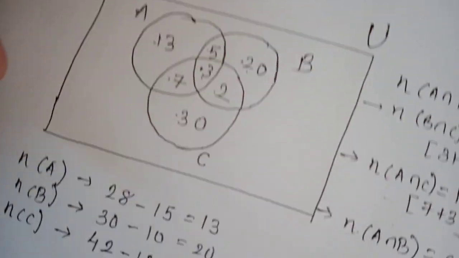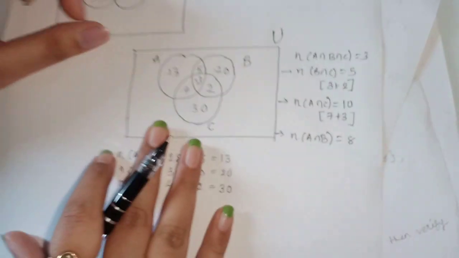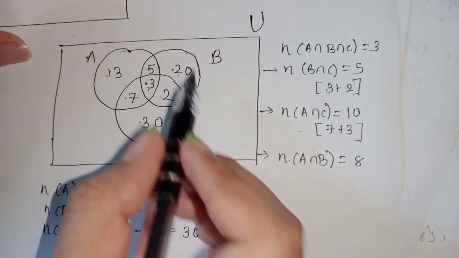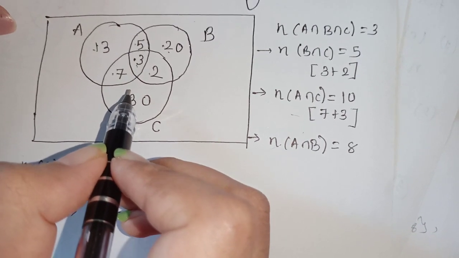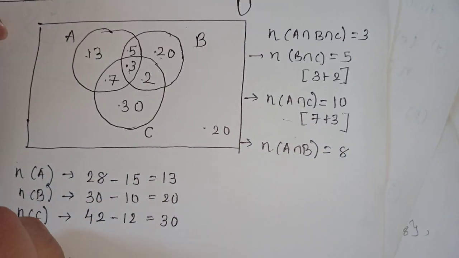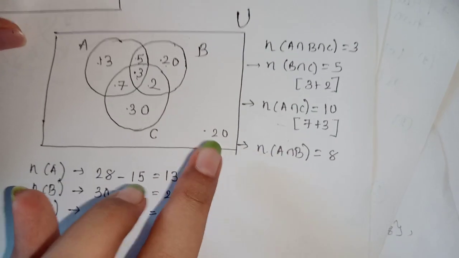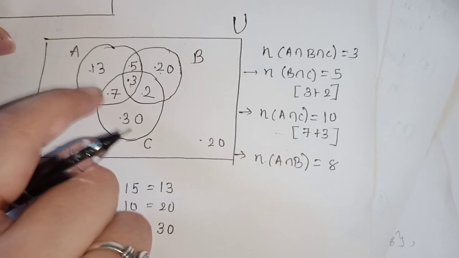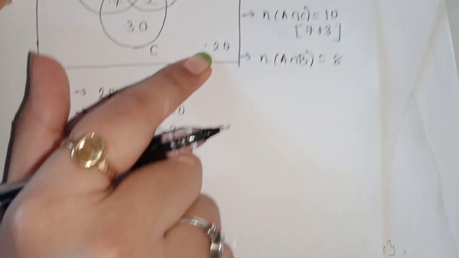Now it is given that we have a survey of 100 people. Okay, so if you add all these numbers, that will be 80. Okay, so how many remaining? 20. This is my universal set. 20 numbers are remaining, so I will write over here, and 80 I have used in these particular sets A, B and C. So total 80 plus 20, you will get 100.